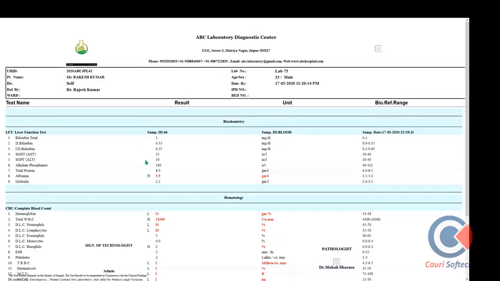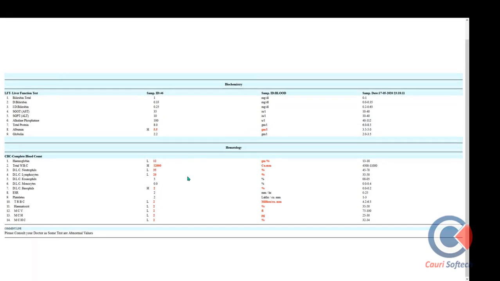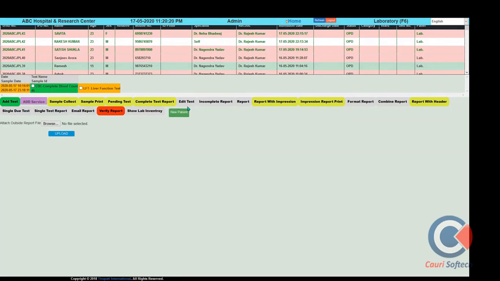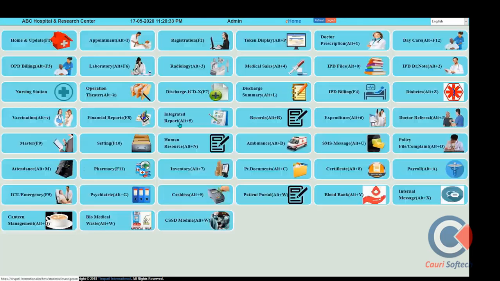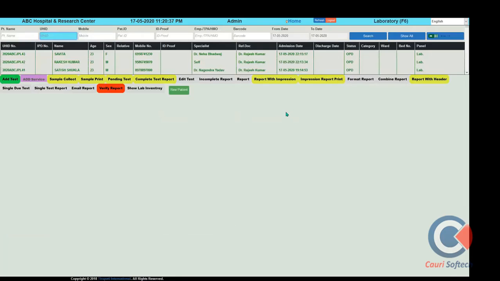Here is some abnormal value. You can see high and low value indication is coming, so the doctor can identify and give the prescription, and further medication to justify the result. This way the lab report will be performed. Here you can see multiple buttons, which are the different views for the lab technician. They can access them at the time of the editing option, and everything is according to the role permission given